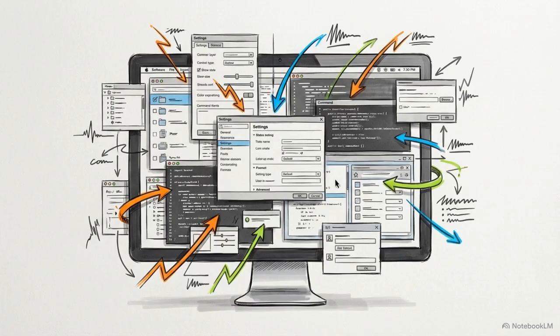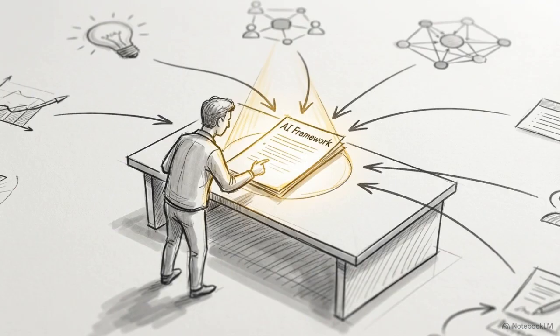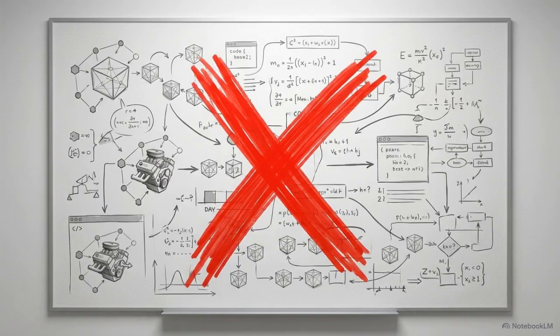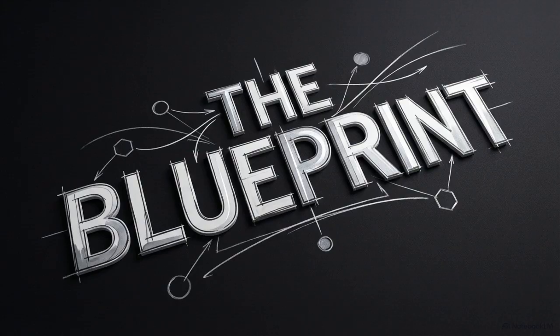Looking at the endless list of new models and software updates can easily make you feel lost. The landscape is massive, but we are going to ignore almost all of it to focus on a highly specific, repeatable framework. Earning real income here is not about possessing elite technical expertise. It is simply about executing a structured, rapid timeline to get your first asset live. Here's exactly how to do it.